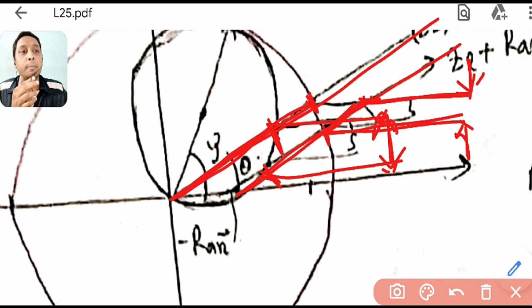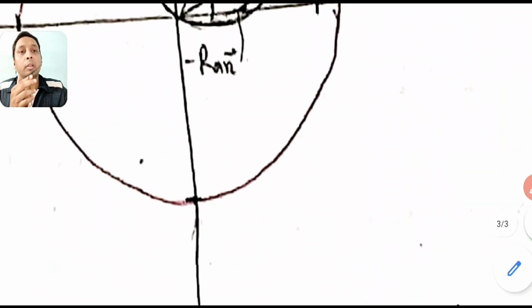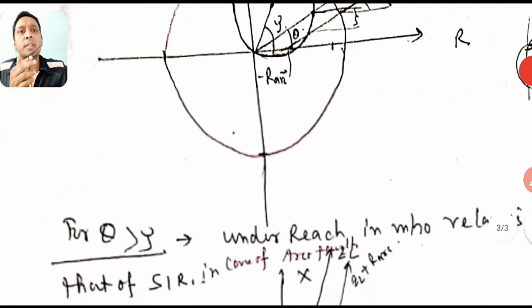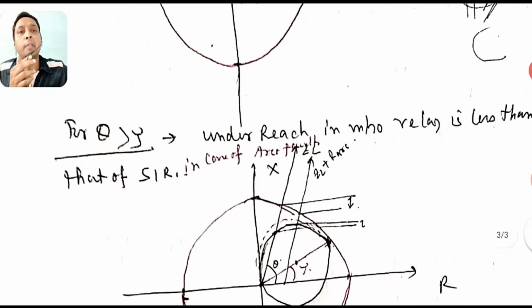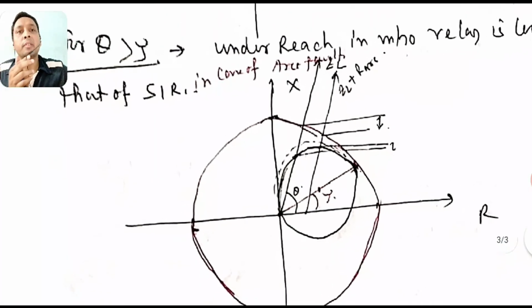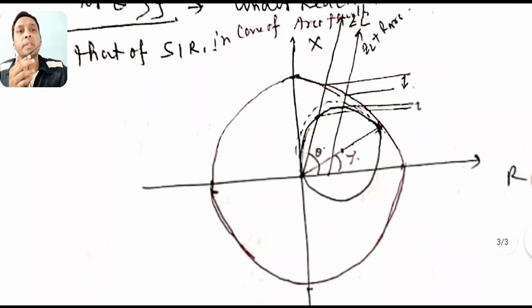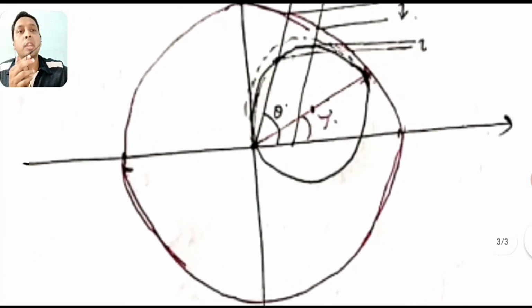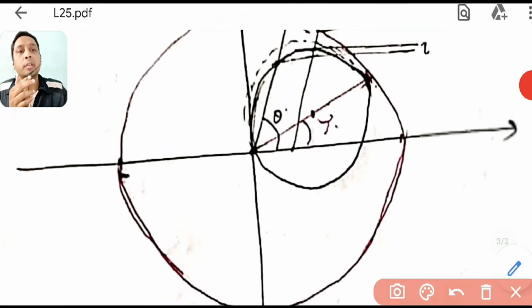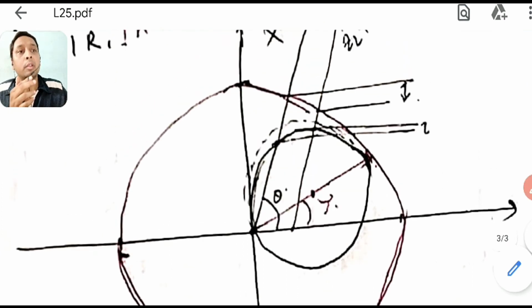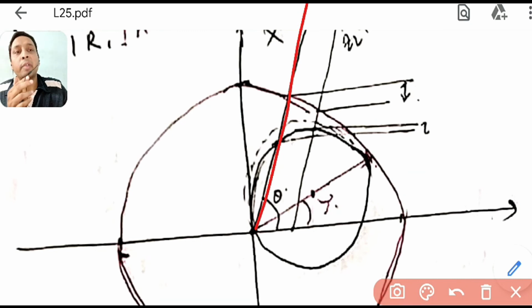So the idea is simple here. It is just the properties of circles. And if your theta is greater than tau, then it is reversed. If theta is greater than tau, you can see here, now see the underreach. This is RL, because you have added a resistance fault. An arc fault is resistance, so it is shifted horizontally to the right side.